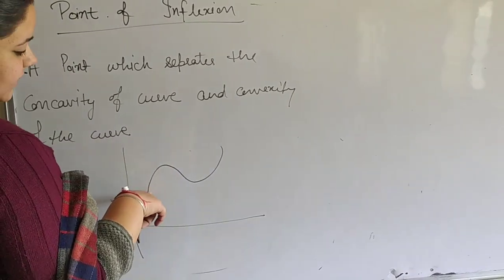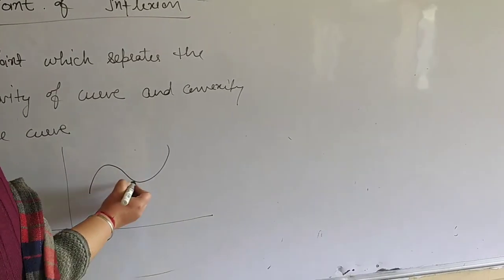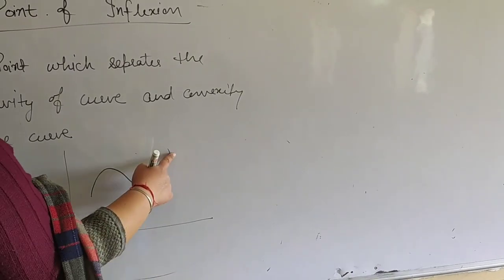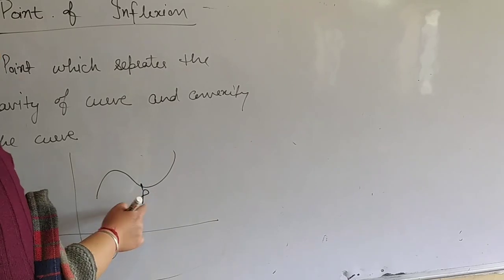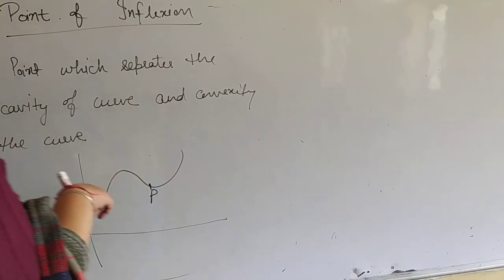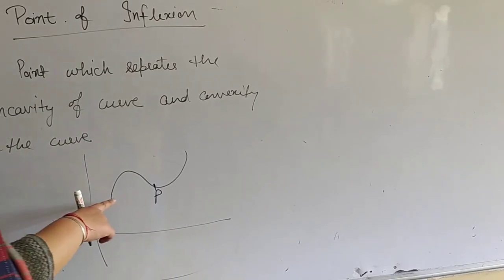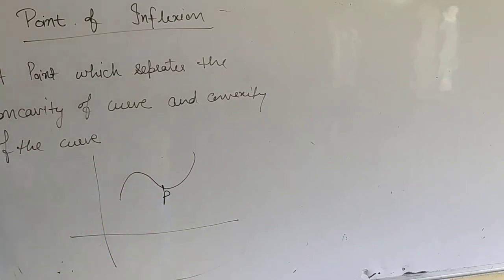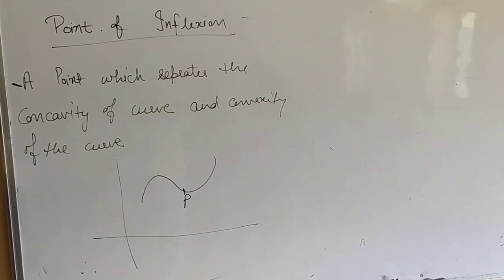For example, this is the curve. If I look at this part of the curve, this is concave upward and this is concave downward, and here P is the point of inflection, because at P the curve changes its shape, it shifts from concavity to convexity. So this is the point of inflection. Now we will